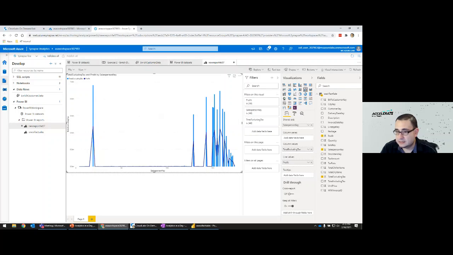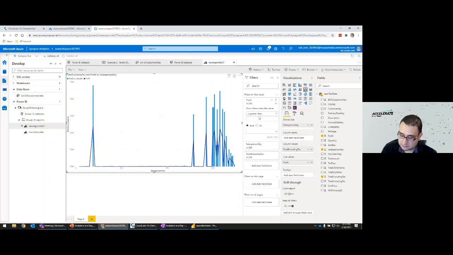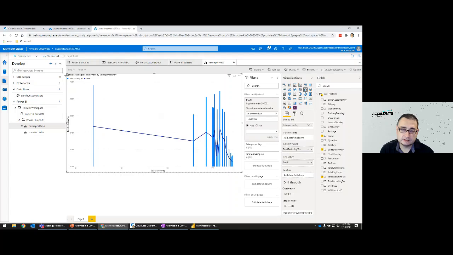Now, in addition to that, we can add some filtering. So for example, I want to see only records where the profit was greater than 50 million. So 50, and the zeros, and we can apply the filter. Once I click apply filter, it's gonna send that query back with essentially a where clause where profit is greater than 50 million. So I'm gonna click on that, and you can see the little spinning, and boom, it returns that data back.